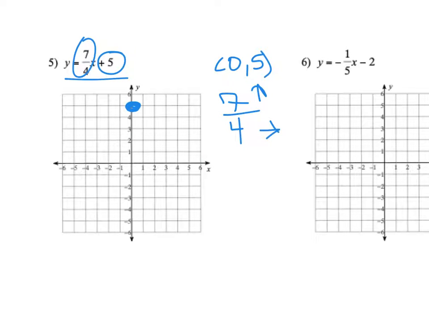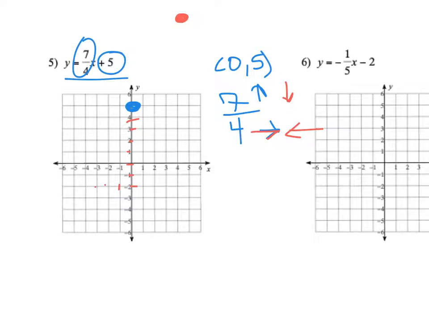But we cannot go up 7, right 4. We go off our graph. That's a problem. So what we are going to do is the opposite. Whenever we have a point that is off in Narnia or no man's land or off our graph somewhere, we can continue our line in the opposite direction from where we began by doing the opposite of up and right. So in this case, we were told to go up 7. Opposite of up is down. Opposite of right is left. So to plot our second point on our graph, we're going to go down 7,